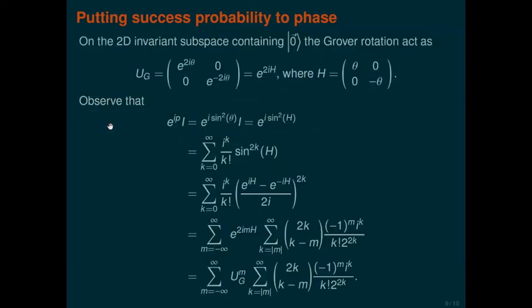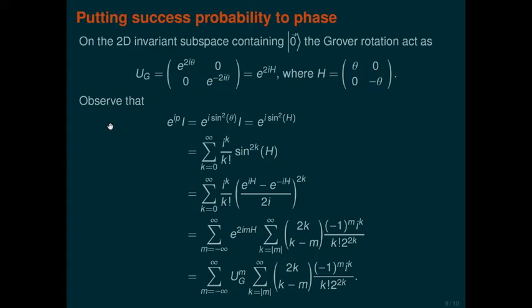The problem is that the spectrum of rotation is, indeed, it has these 2 theta phases, but it also has a minus 2 theta phase. So I somehow need to get rid of it. I can imagine this as a Hamiltonian which has theta and minus theta, and I can implement the unitary e to the 2i, this Hamiltonian. But I want a Hamiltonian where this is like sine squared theta. So how can I do that?